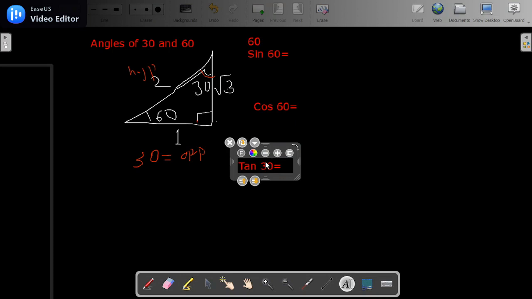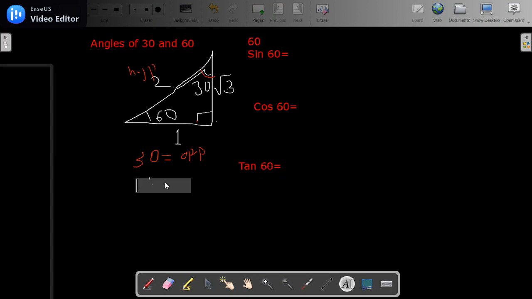Now for the angle of 60 degrees, sorry, let me quickly delete this here. Okay, now let's proceed. For the angle of 60 degrees, it's very important to include degrees in your homework, because I'm making use of a computer system and I can't find degrees like that. So, the angle of 60 degrees here, and we said that